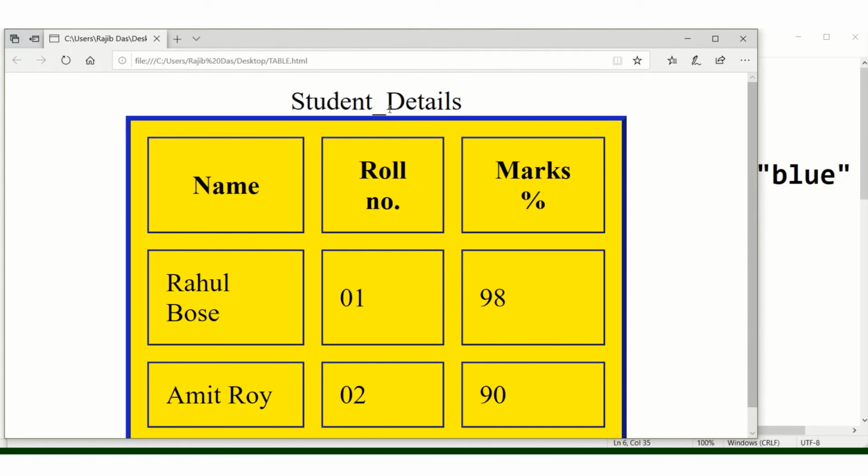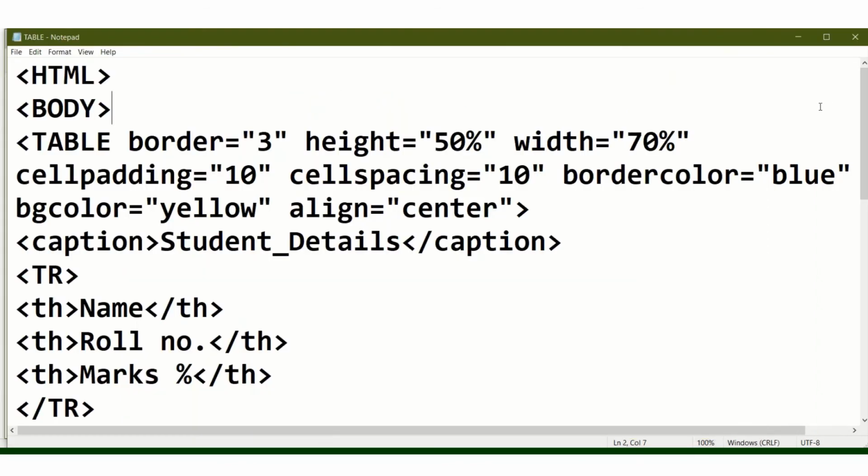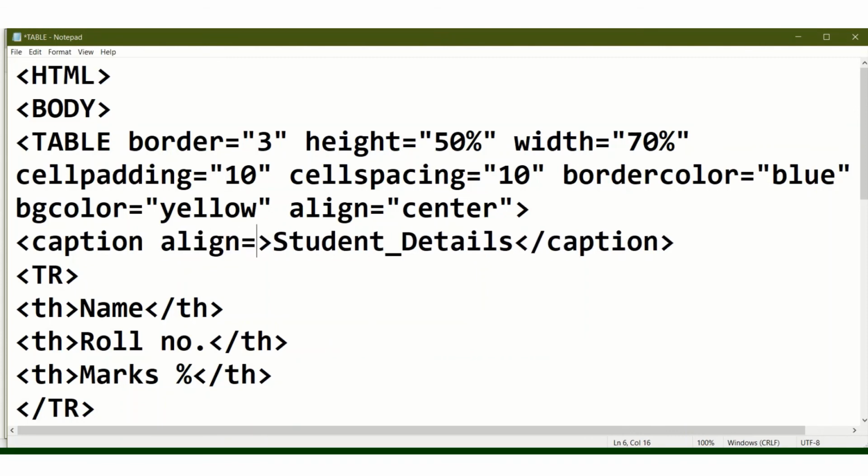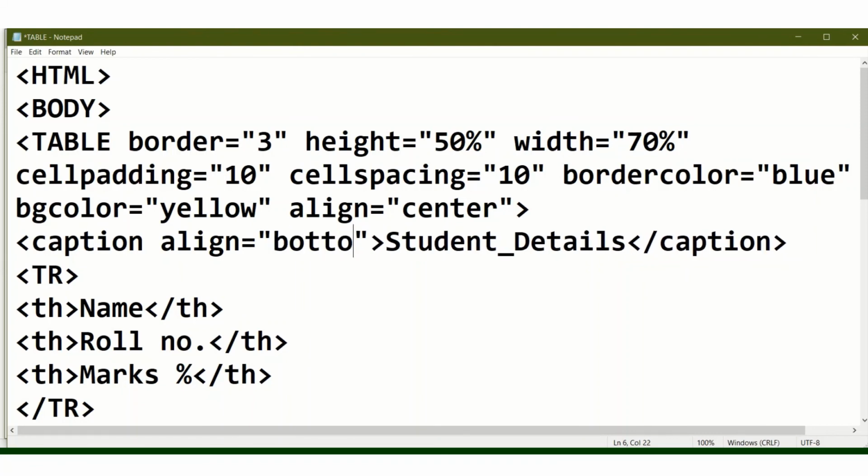By default the caption is always on top, but if you want the caption at the bottom of the table, you can specify it using the align attribute. This is the only attribute of the caption tag. To keep the caption at the bottom of the table, write align equals bottom.